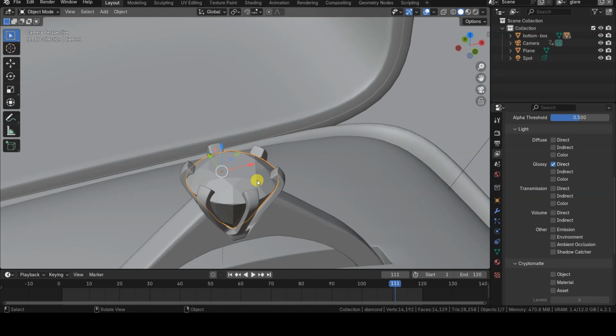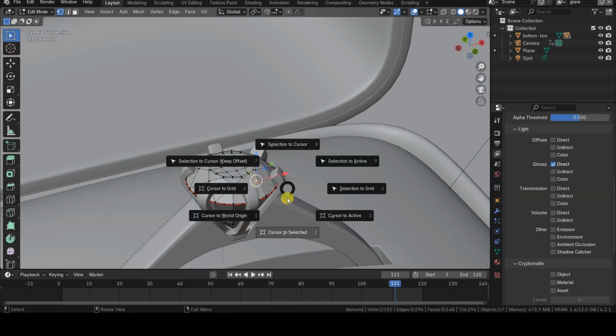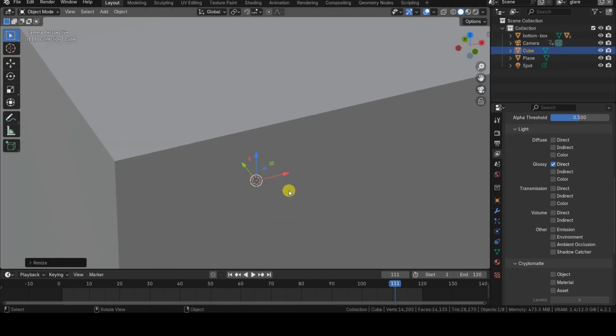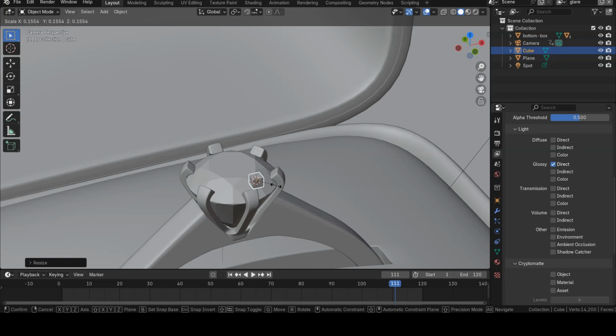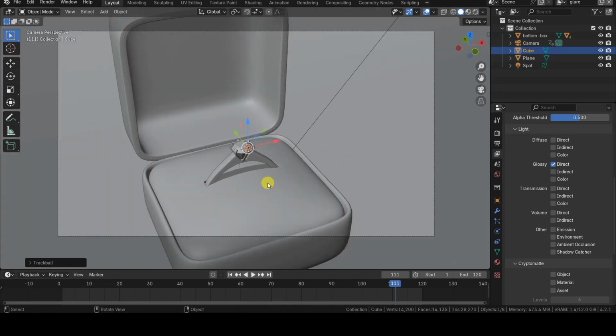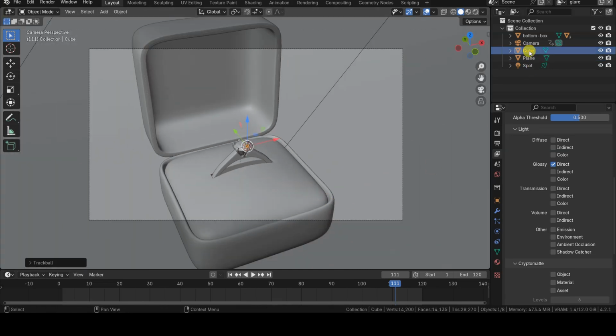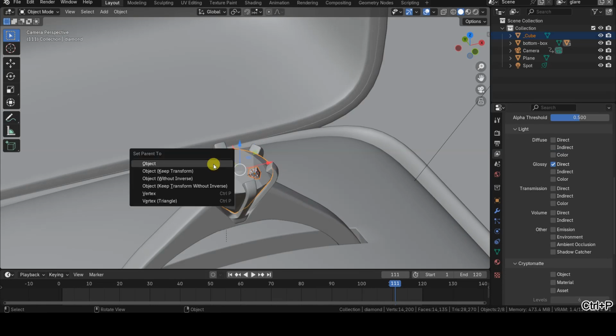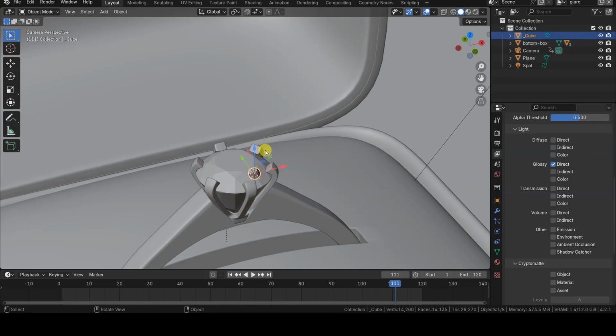Next, I move the 3D cursor to a point on the diamond where I want to center the new object and add the object to the scene. I'm using a simple cube, scaling it down significantly, because it needs to be very small to create a compact mask that we can later modify in compositing. In this project, the diamond remains stationary, but if the object were moving, you could parent the auxiliary object, which in this case is the cube, to the object being rendered.